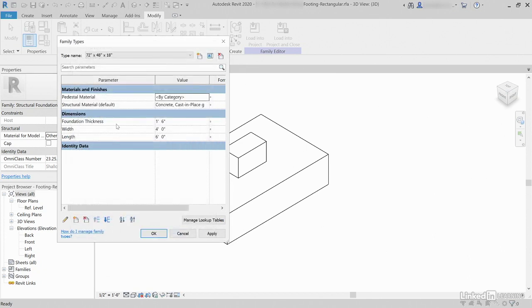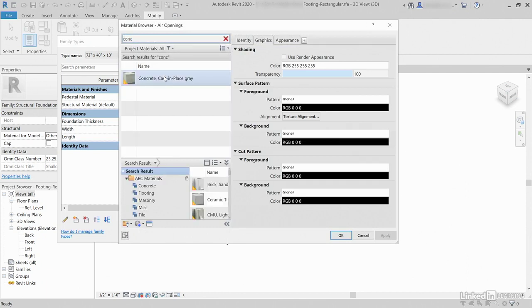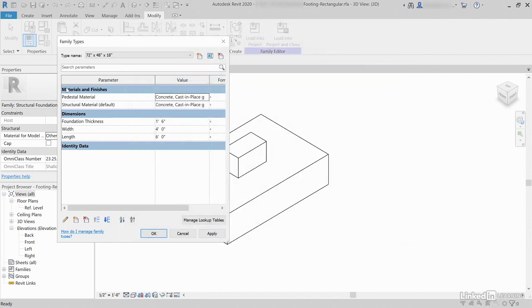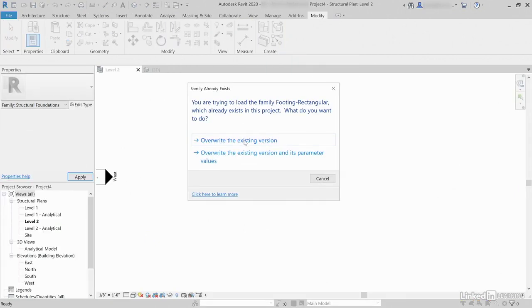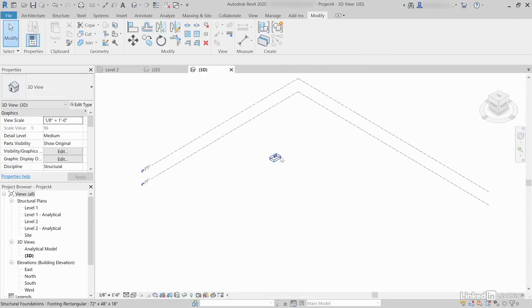Now, if we click into where it says By Category, notice that we click the Browse button. It lets us browse for a material. Type in concrete. Cast in place gray. That works. Click OK. And it's categorized under materials and finishes. Click Apply. Click OK. Now if we load this into Project, overwrite the existing version, go to a 3D view,